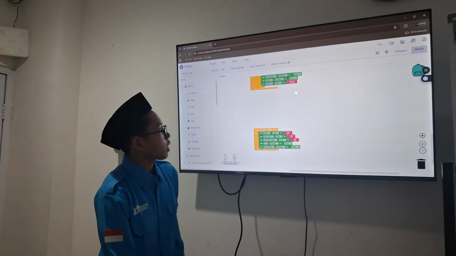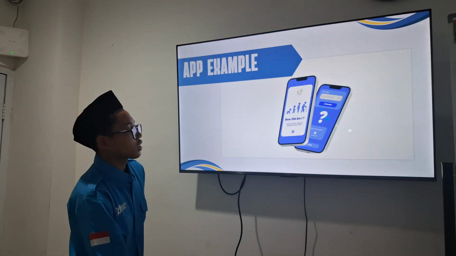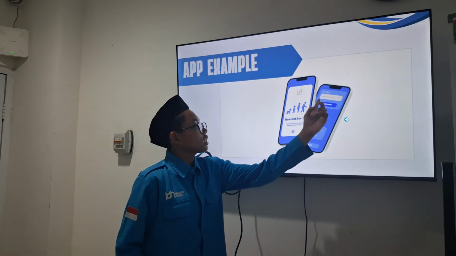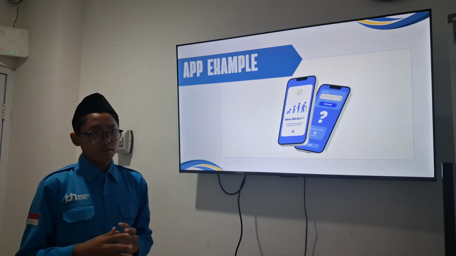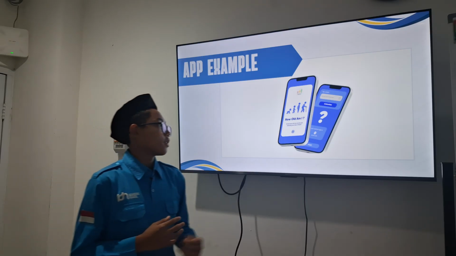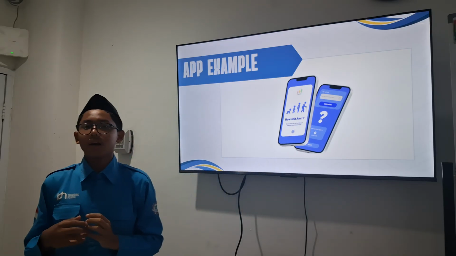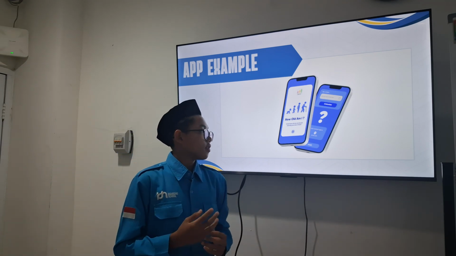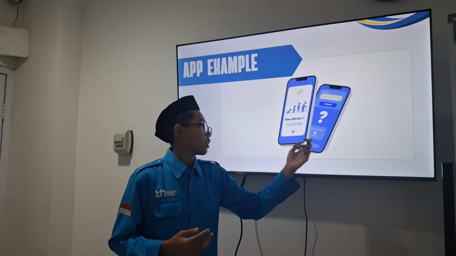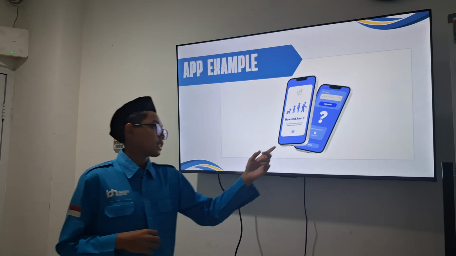So this is the first screen. You input your current birth year, then we calculate it, and here there is an image showing who we are, for example adult or teenager, and here we can see how many years old we are, and next is the reset button.